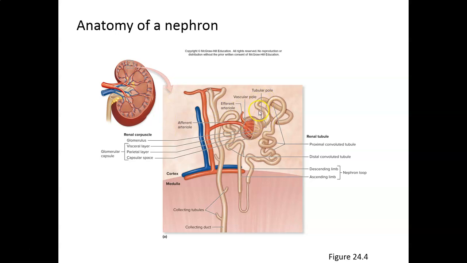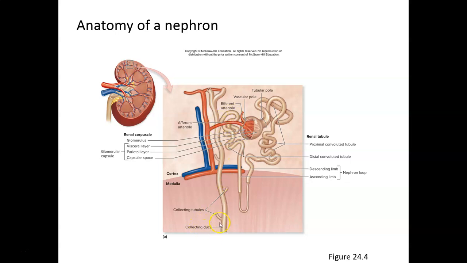The first part of the nephron tubule is called the proximal convoluted tubule, or PCT, and then it goes into the nephron loop. The nephron loop can be divided into two parts: descending limb first, and then ascending limb second, right? And then it's going to go into the distal convoluted tubule, then into the collecting tubule, and